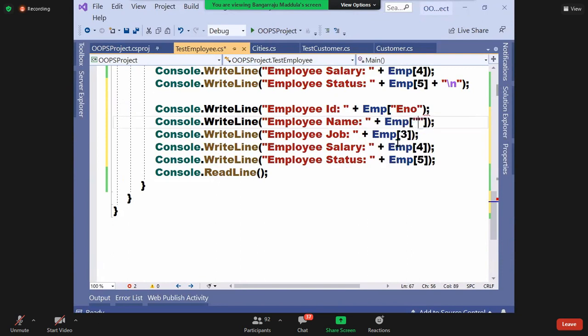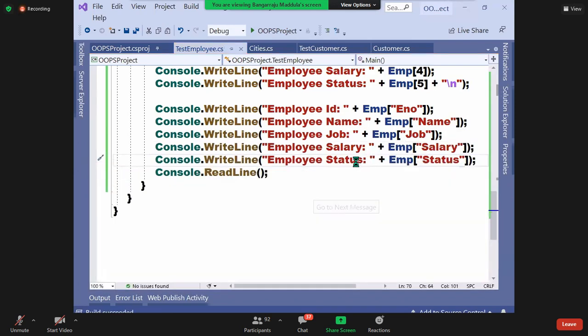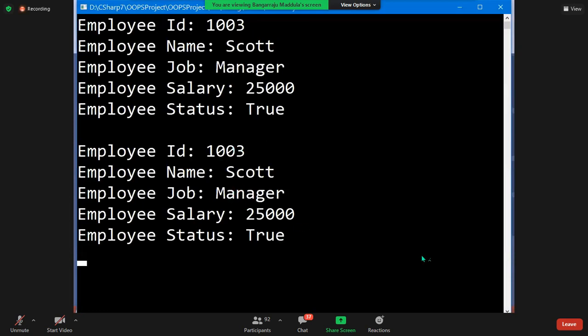Name. Job. Salary. Status. Got the same output.